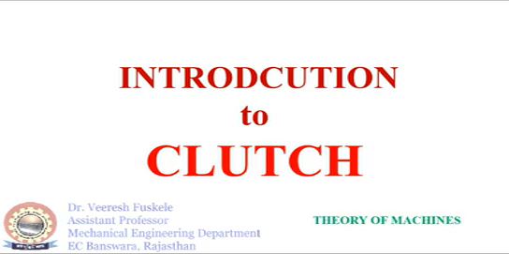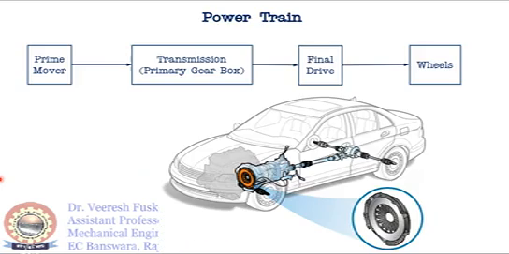To do that, let us first see the typical powertrain used in an automotive system. So this is how the typical powertrain in any automotive system looks. It has a prime mover, that is the engine, which is connected to the transmission gearbox, and then from the transmission gearbox the torque is transmitted to the final drive, which is basically the differential, and then the torque is transmitted to the wheels that then apply the tractive force to move the vehicle.